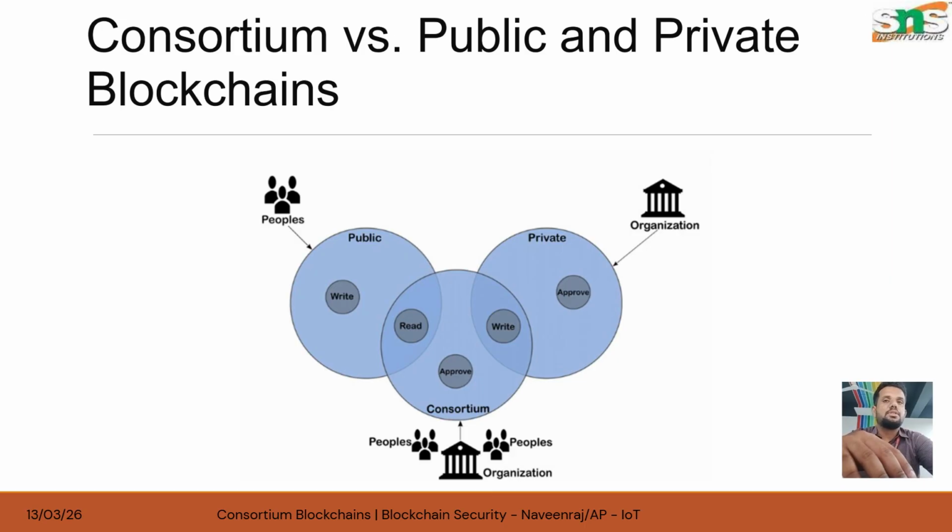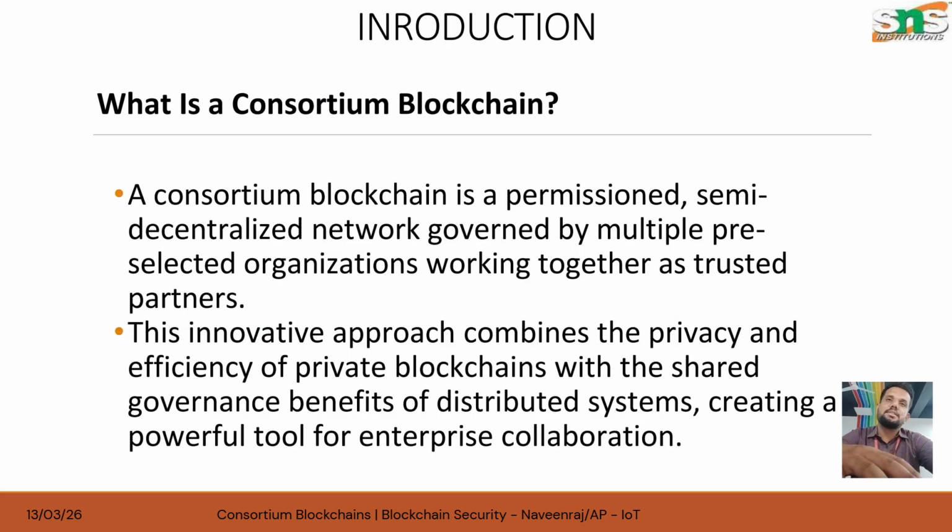Next, the fourth layer will be your consensus layer. What is the consensus layer? We all know about the consensus mechanism, but what happens in the consensus layer is it defines how nodes agree on transactions. That is very important here, right? Because somebody runs a node. The common algorithms used here are Practical Byzantine Fault Tolerance, PBFT, RAFT, proof of authority,